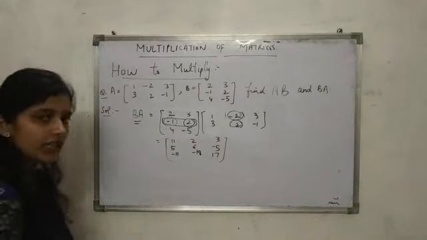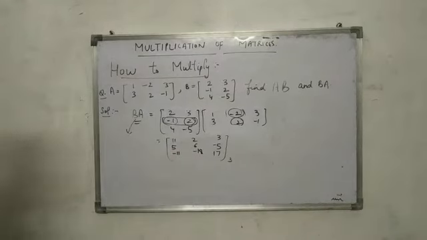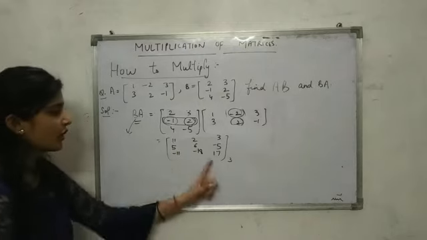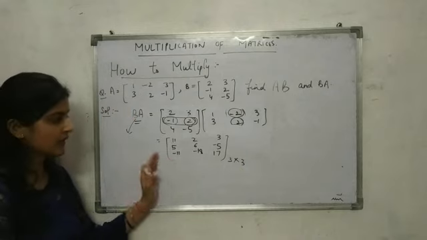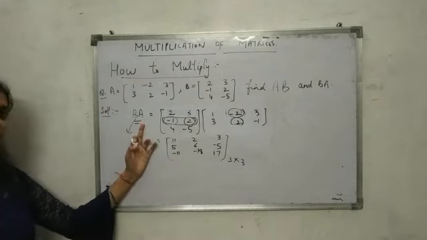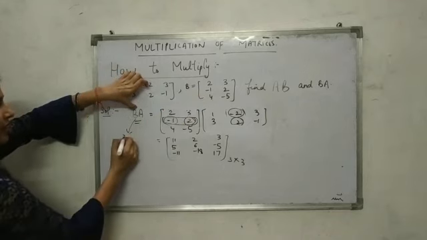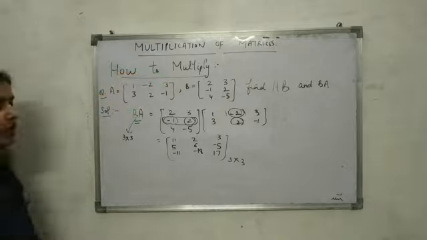Okay, I hope you have done it, and this is the answer. Now we will talk about the order of BA. Okay, clearly the order of BA is 3 cross 3 because there are 3 rows and 3 columns. And from here you can also find the number of rows of B, that is 1, 2, 3, and the number of columns of A, that is 1, 2, 3. So